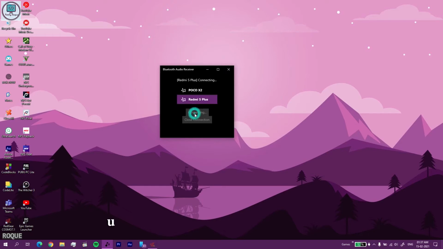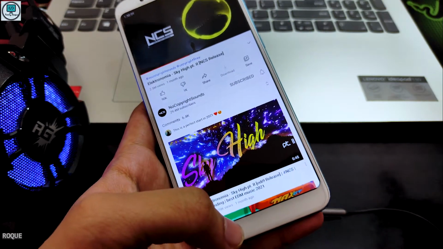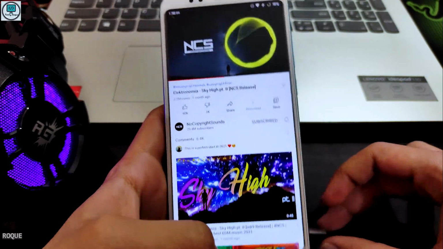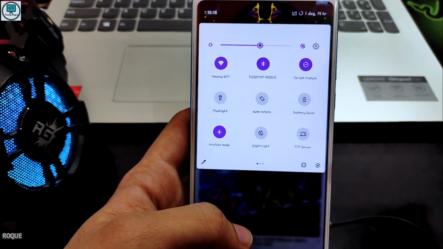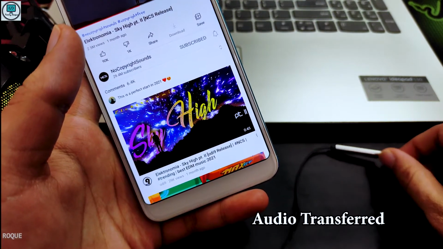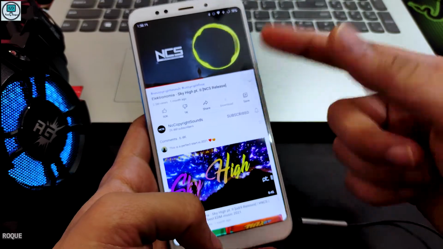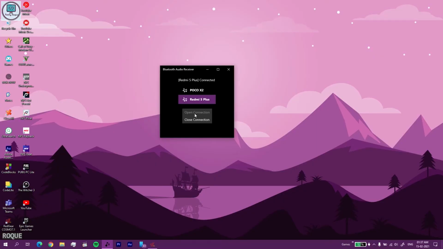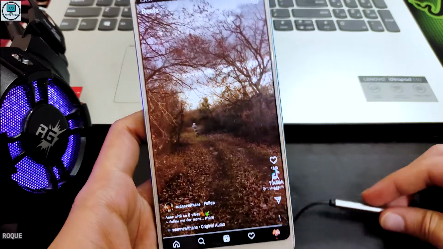So let me check it with another device, that is Redmi 5 Plus. Just click on open connection, and Bluetooth is not turned on yet. So here you can see the audio is coming from my Android device, and just turn on the Bluetooth. Connection is ready and yeah, connected, and now audio is coming from my laptop. So you can listen to the audio from this screen recording. And now the audio is transferred to my headphone.